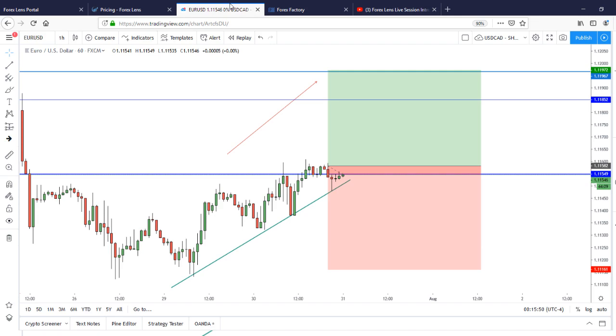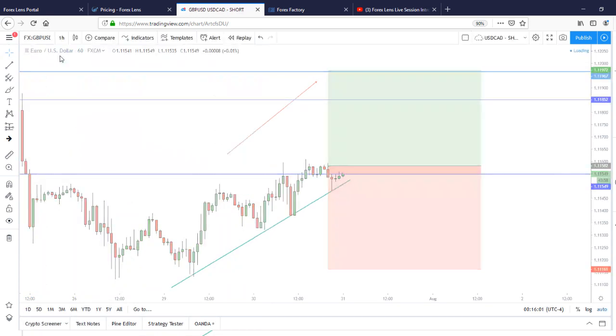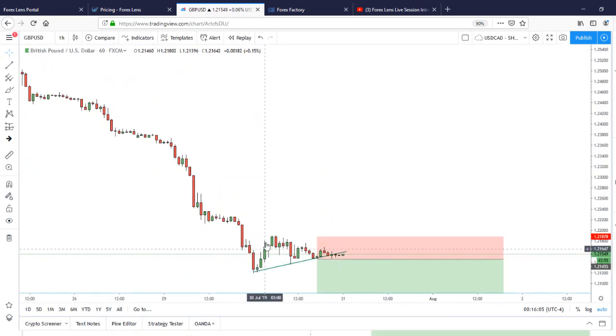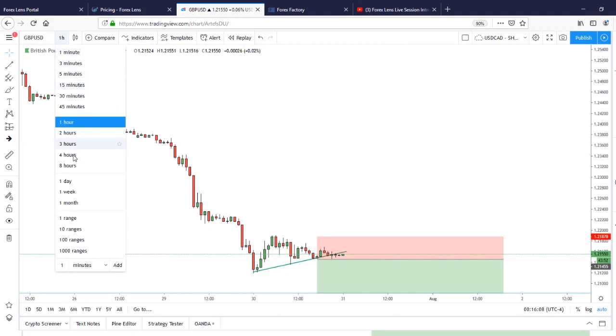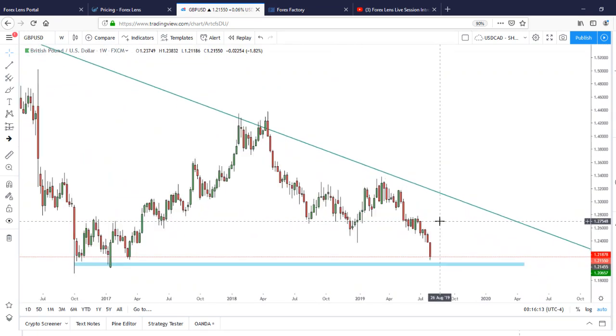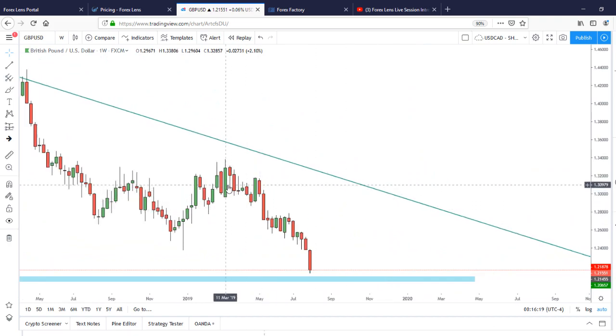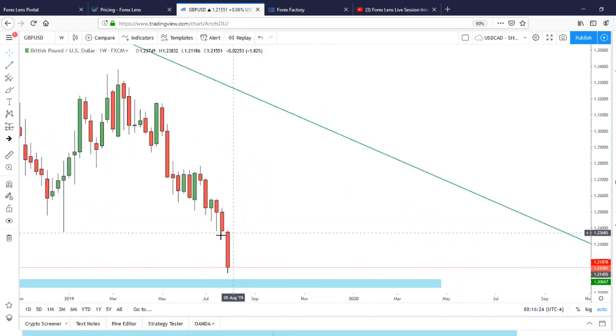Moving on to the pound USD. I remember last week I did say the pound will not recover, and this week I said the pound will not recover. And what I mean by recover, it might have a mini bull run, but let's just look at this weekly. If you look at the weekly, you'll see the overall downtrend. And zooming in, if we go back to this last high since March, we've been in a consecutive downtrend. And this last weekly candle is huge in size, and we are going to our key level of